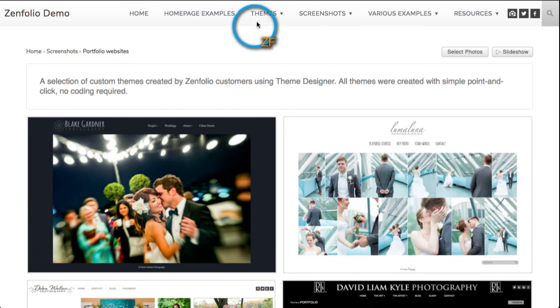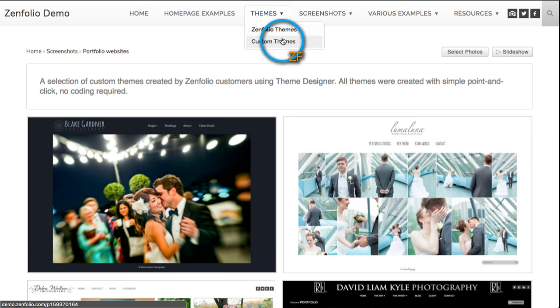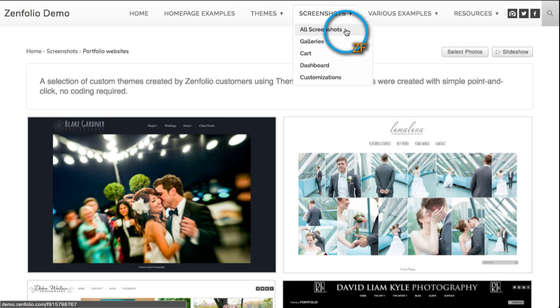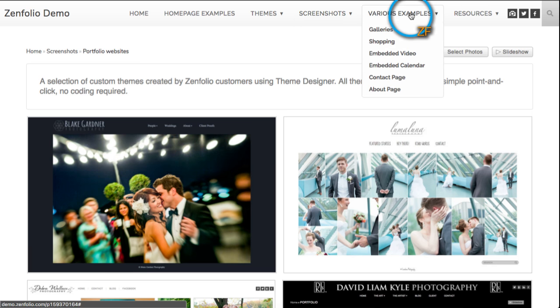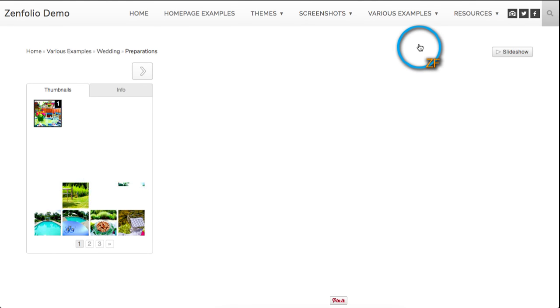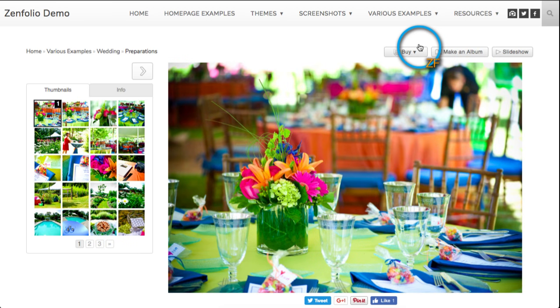You can go up and check out different themes right here. So you can see Zenfolio themes, and you can see custom themes that people have created. You can see different screenshots of gallery configurations, the dashboard, all kinds of stuff here. And then there's also various examples here: galleries, examples of the shopping cart and things like that. So that's one place you could go check out, Will, and see if maybe you can find what you're looking for there. Also another